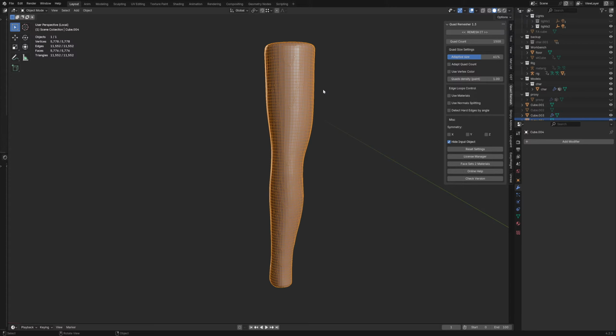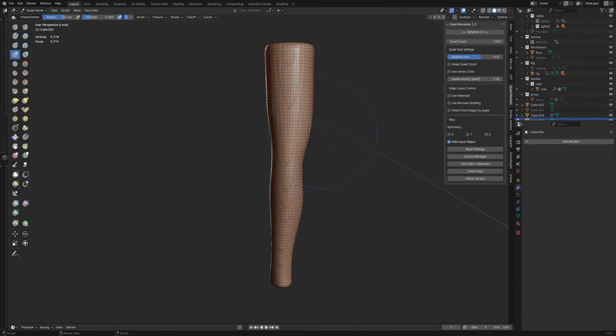Unless I did a multi-res and I projected the multi-res, then it probably would keep the detail, but then I don't know how. I think the rig would lag if I had a multi-res on it. So that could be a potential test. Because if it lags so much I couldn't pose it, then it's kind of pointless. Let's test this out though. I don't really have the time, so